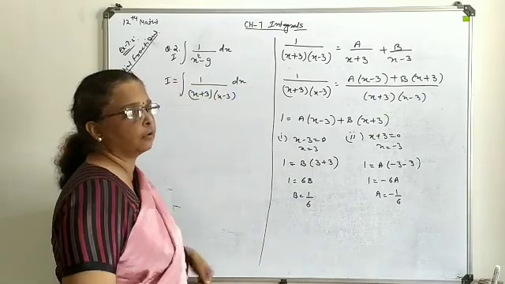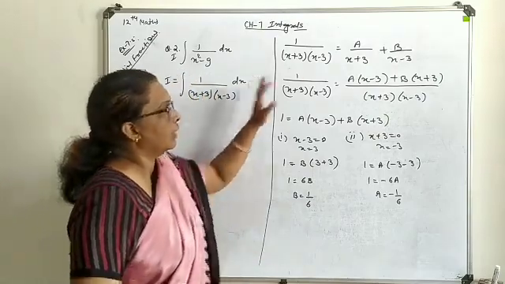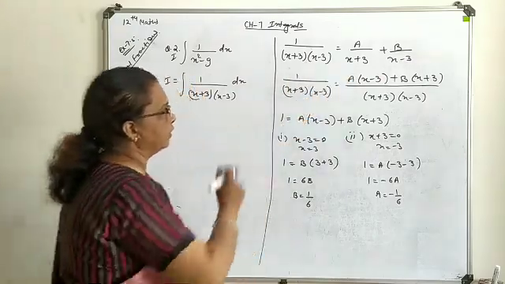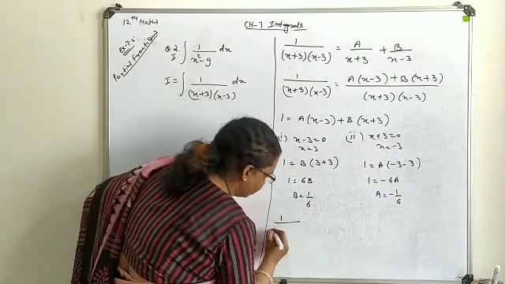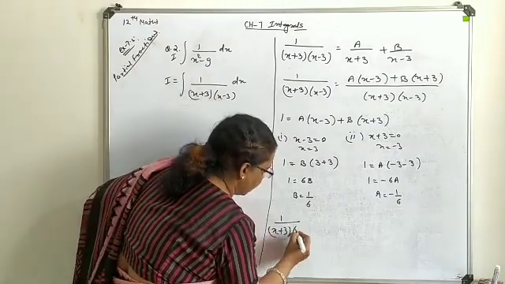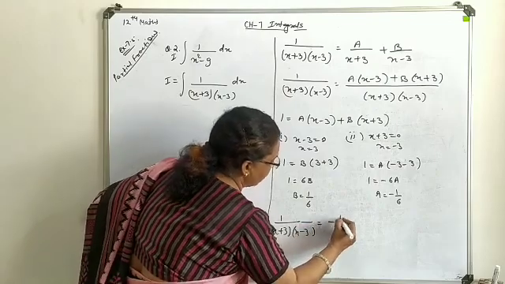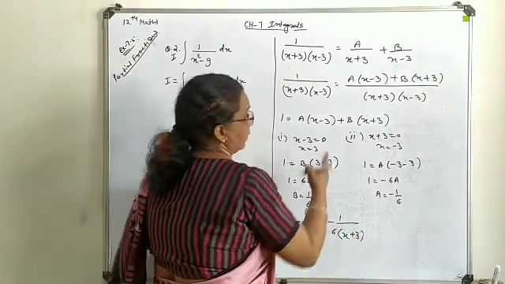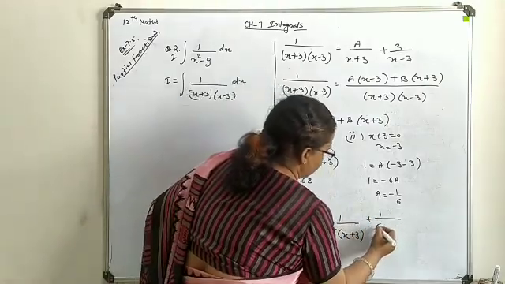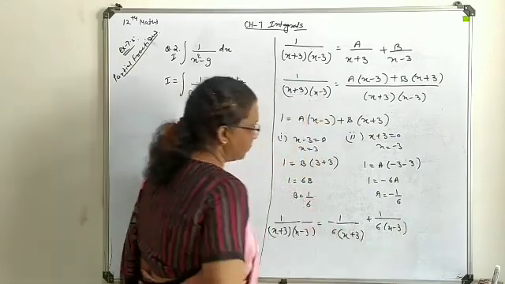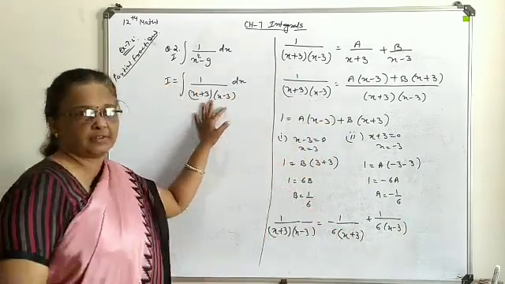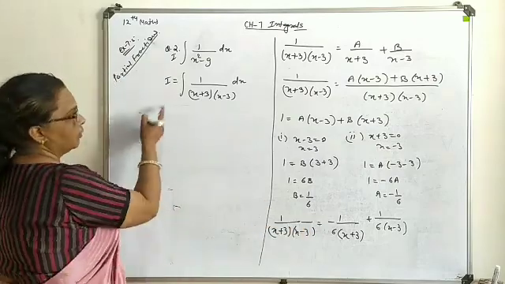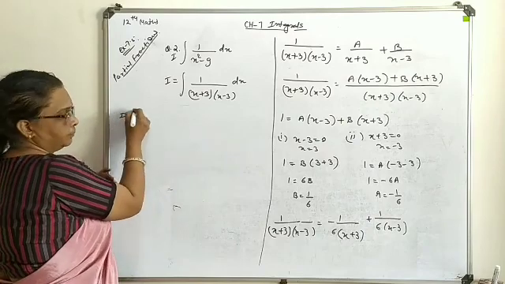Now you come to the question. This is our question, and this you will write as a and b. On substituting the values of a and b, your question will turn into 1 upon x plus 3 and x minus 3, which you can replace with a, minus 1 upon 6, this is x plus 3, and b you have as 1 upon 6, with x minus 3. So in your question, in place of this fraction, you just write these two separate terms with the respective constants. So here you come to the main question, that is your I.